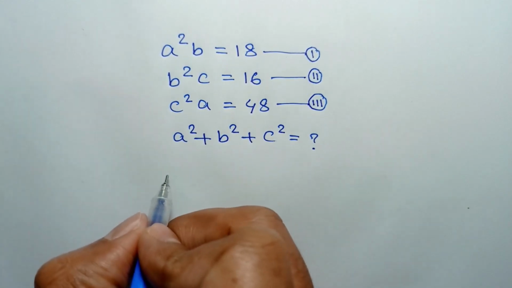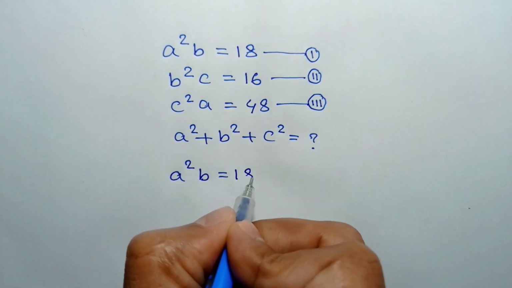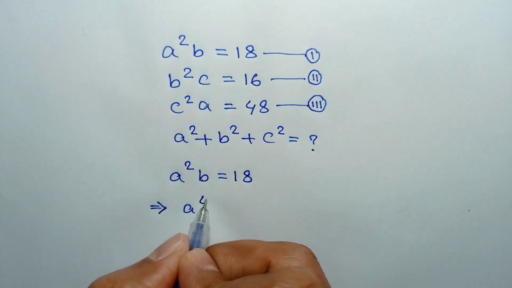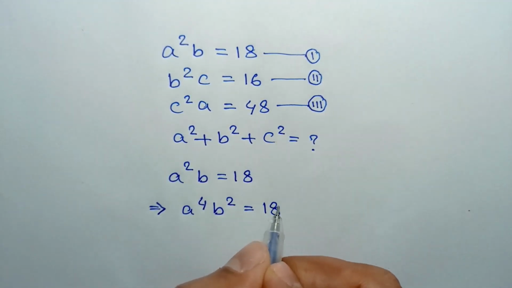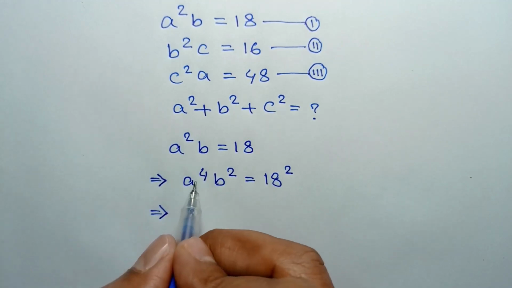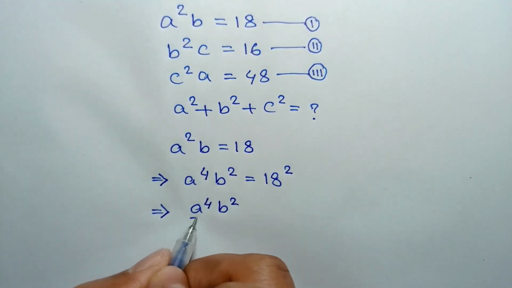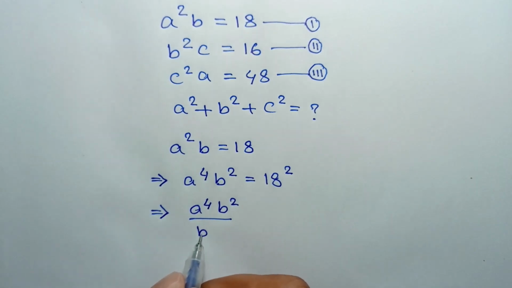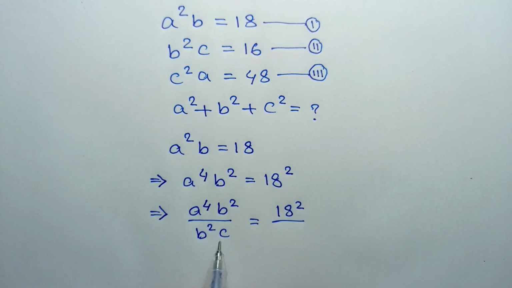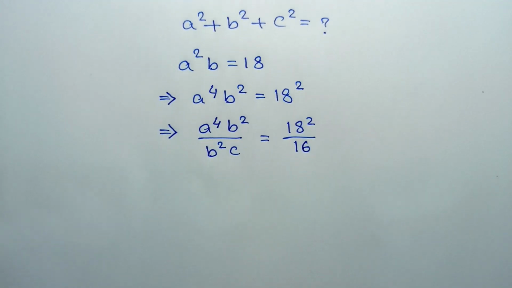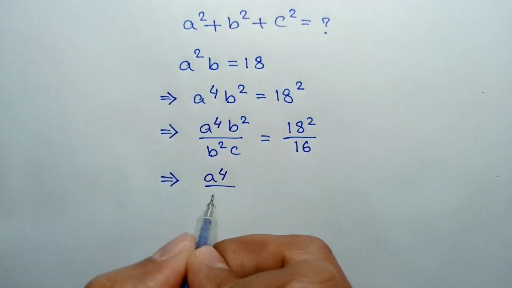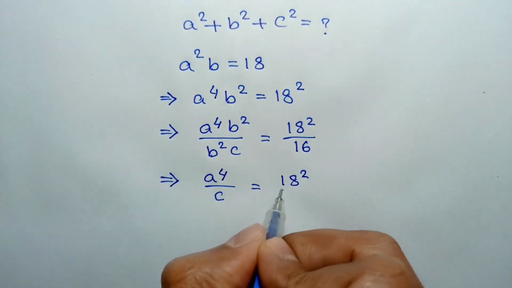From equation 1 we have a square b is equal to 18, or taking a square to both sides we can write a to the power 4 b square is equal to 18 square, or dividing both sides by equation 2, we will have a to the power 4 b square over b square c is equal to 18 square over the value of b square c from equation 2, which is 16, or this b square and b square will cancel out, so it will remain a to the power 4 over c is equal to 18 square over 16,